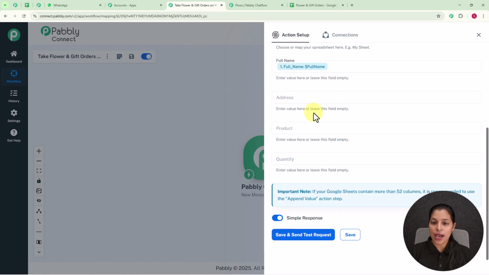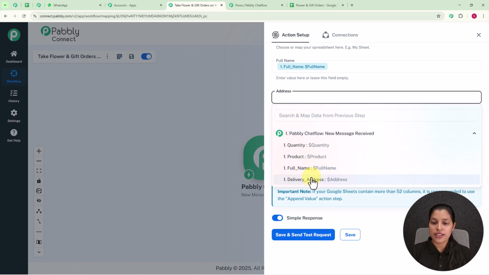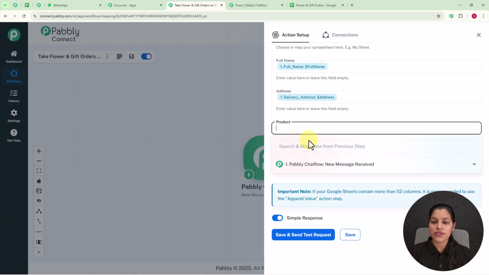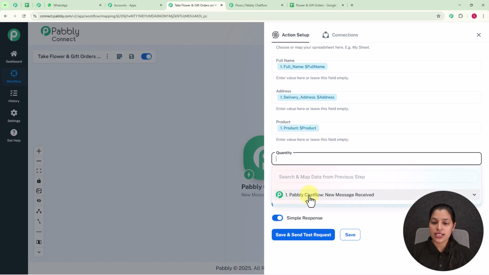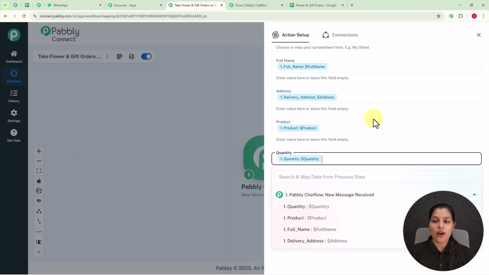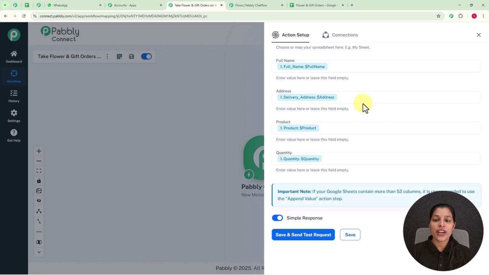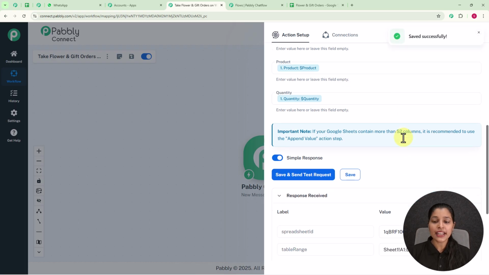Here I have mapped it, and afterwards I am going to map the address, that is mapped also, and afterwards I am going to map the product, and at last I am going to map the quantity from the response of the Pabbly Chatflow. So I have already mapped all my fields. Now as soon as my user provides all these responses, all these fields will be replaced with every new response. Now we just have to click on save and send test request, and here we are receiving